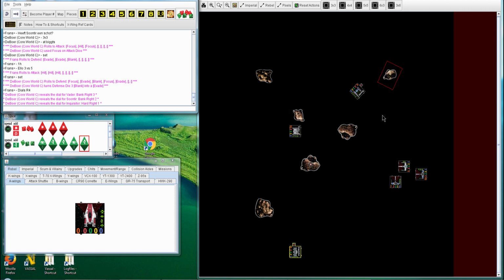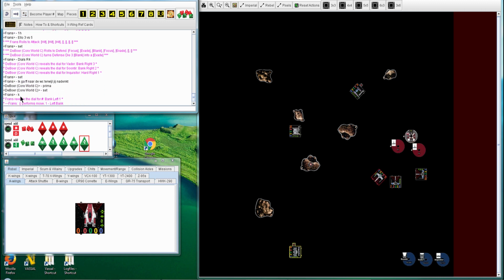And if he's going to go after Soontir, then these guys are going to be in good position. If he's going to go after Vader, then he has the rocks, and these guys will just be able to attack him from both sides. And if he goes after Inquisitor, then Vader and Soontir are in good position. And Franz opts to go after the Inquisitor,